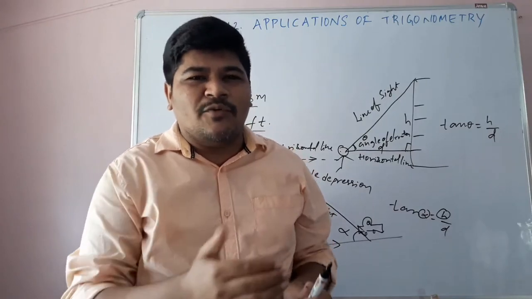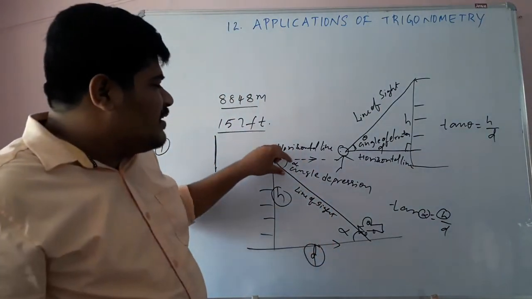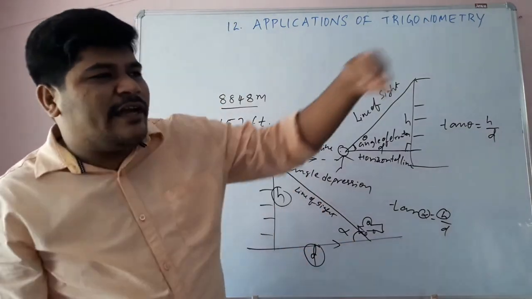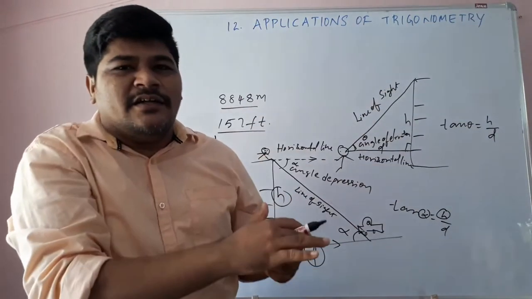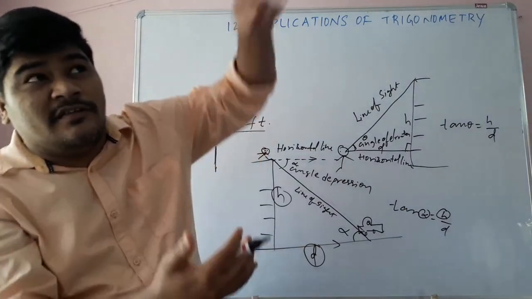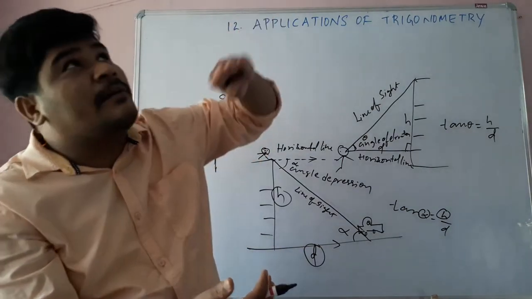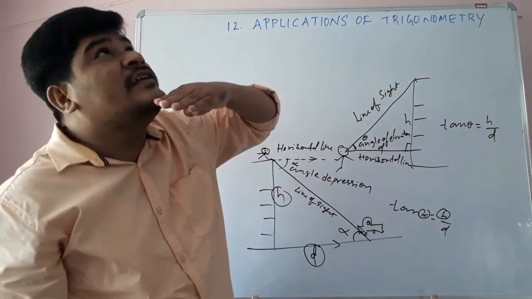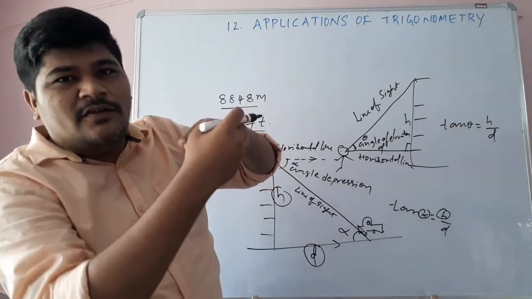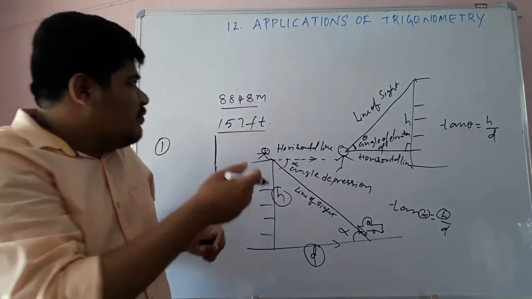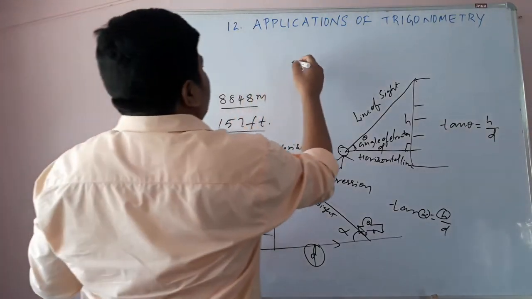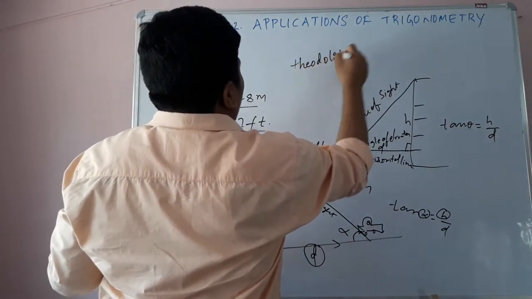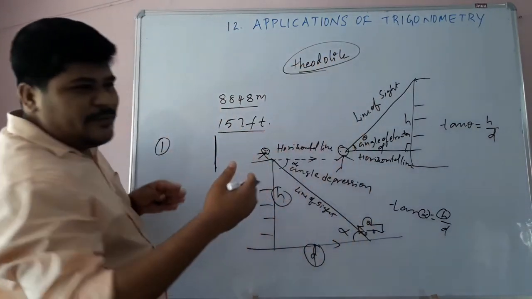And students, one more thing is there. How to measure this angle? Even army people will use this concept. Suppose our enemy is coming from some hill station, he will see like this. Suppose the person is coming from that hill station, he is observing like this. So with the horizontal line, here some angle of elevation is forming. So they will use one machine that is called a theodolite, which measures the angle.